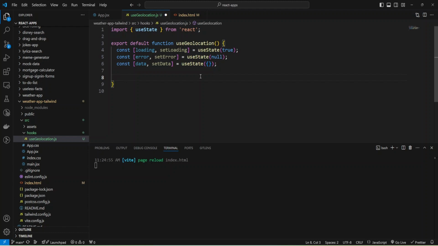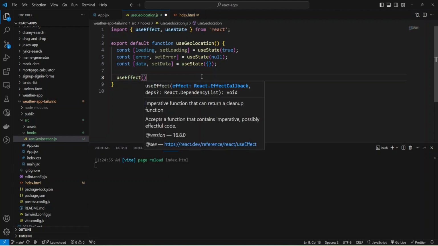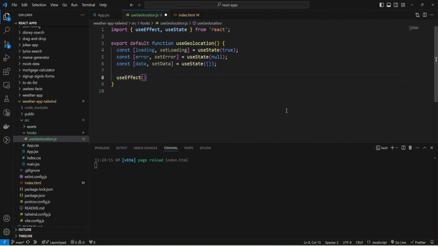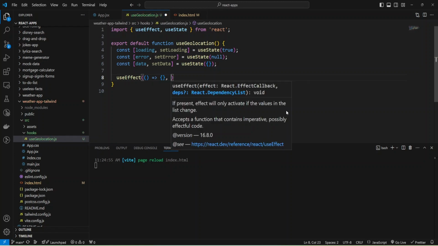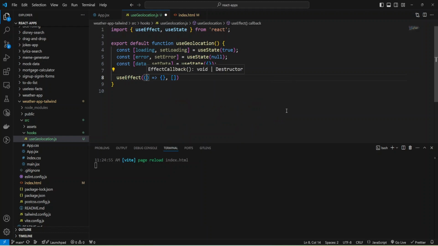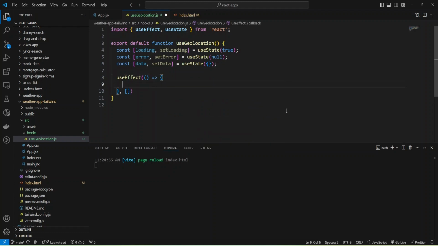And now I can add the useEffect hook. As you can see, the import was added, and I need to provide a function to retrieve geolocation data, and I'm going to call it only when the component is mounted. It will be called initially one time, and let's implement the function.